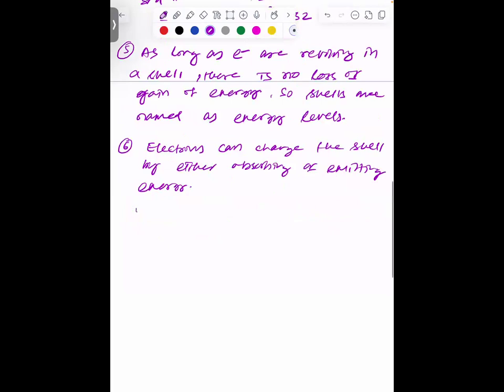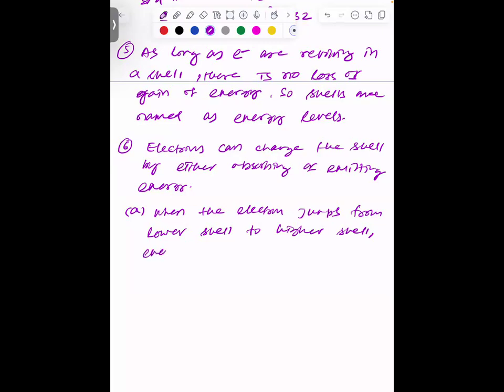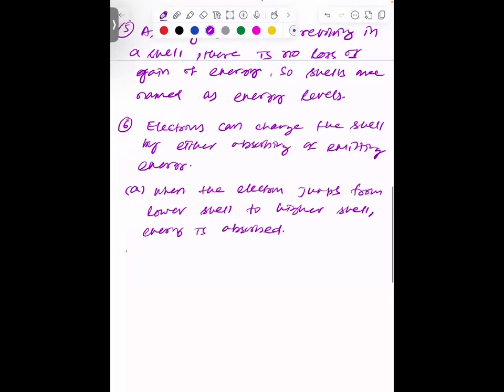So that means when the electron jumps from a lower shell to a higher shell, lower to higher, that means from a lower energy state to a higher energy state, energy is absorbed. Similarly, when the electron jumps from a higher shell to a lower shell, energy is